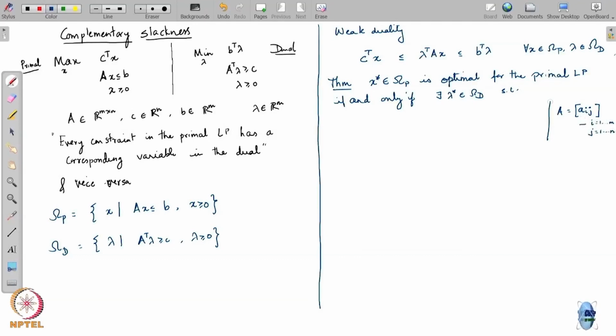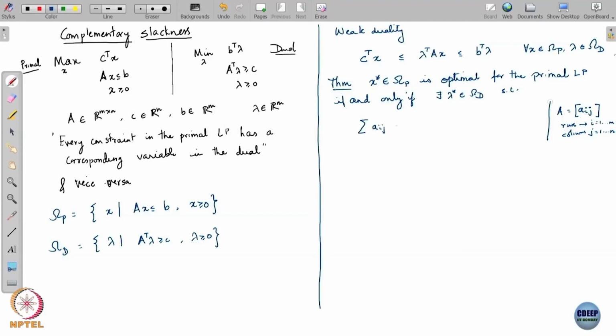So i corresponds to rows and j corresponds to columns. Okay, so x star in omega p is optimal for the primal LP if and only if there exists a lambda star in omega d. That means it's a variable that's feasible for the dual LP,